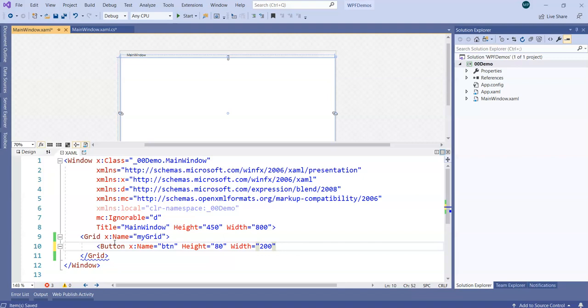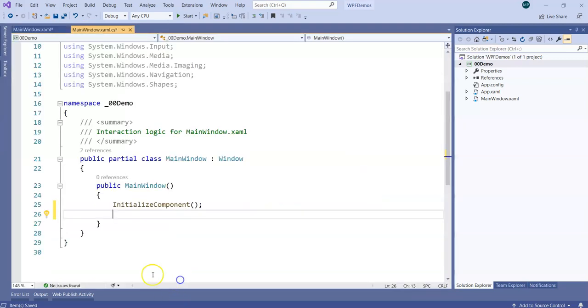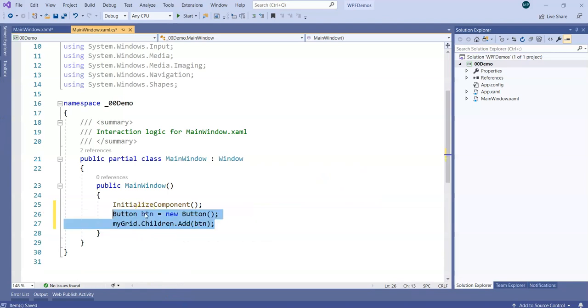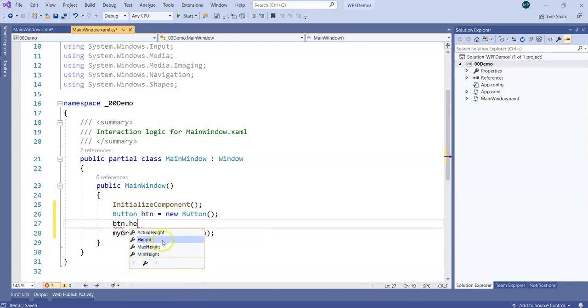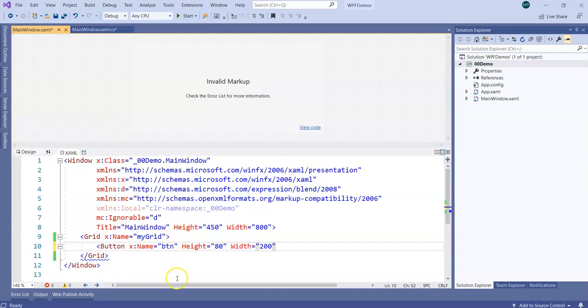Ultimately, height and width values, if you code in C# over here, the code that we used over here was this. If I try to see Height over here, keep it in mind, the height is ultimately a property of kind double. It appears in IntelliSense immediately, as you can check. So height is of double type. When we put it in C#, it has to be a double on the right hand side. But when I put it in XAML, I am putting it in double quotes, which means more like a string. So who does this conversion of a string value put up in XAML into something called a double? There is some sort of converter which is going to play a role over here.